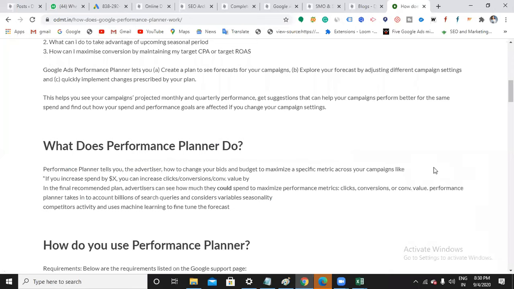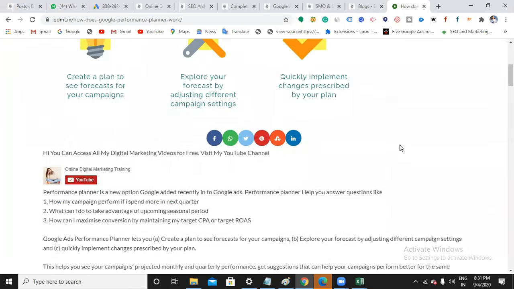Whereas the performance planner will tell you how my campaign will run if I go with this budget for the next month, for the next 2 months, for the next 1 year. So how am I going to serve in Google? How exactly is it going to charge for my ad if I go with a max CPC of 30 rupees, or a max CPC of 40 rupees? How much am I going to be charged for the next one? It just gives you the performance, okay? So I will just show you.